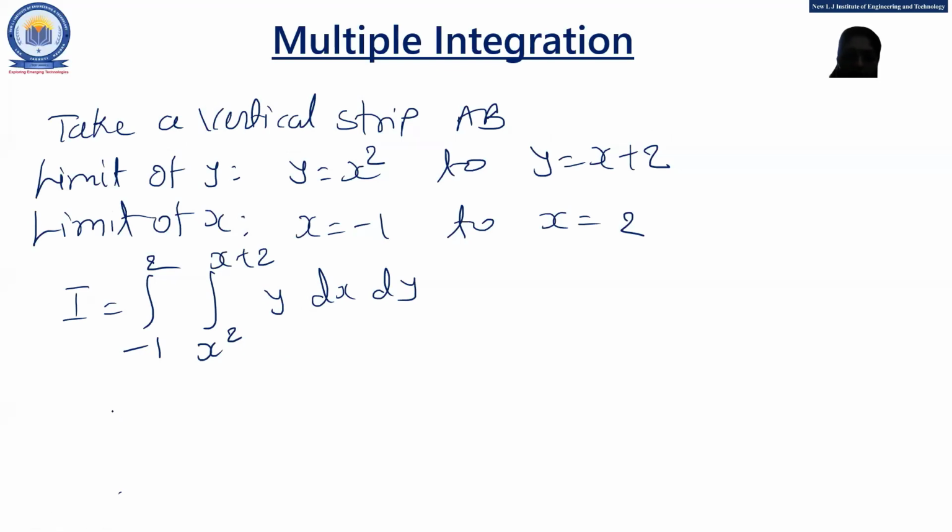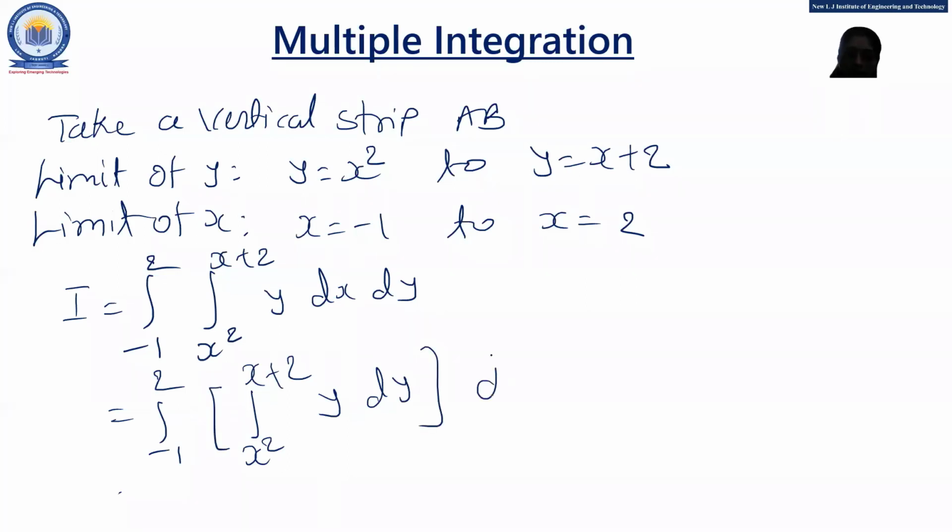But first we have to do our integration with respect to y, because we have taken a vertical strip. If you wish, you may take a horizontal strip also, right? If you choose a horizontal strip, then you have to do the integration first with respect to x, then with respect to y. Okay. After integration, your final answer is 36/5. Please note down, you have to do the integration by yourself. It is an easy integration.